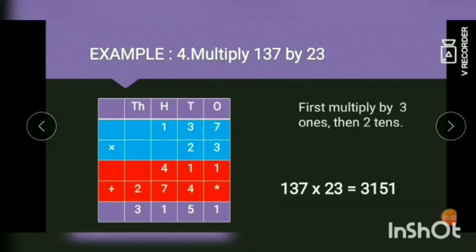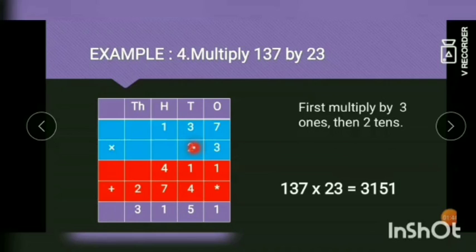Next we multiply the hundreds place value. 3 ones are 3. 3 plus 1 equal to 4. So we finish the ones place value. So we put a star here. Next we start the tens place value. So 2 sevens are 14. So we write the number 4 in the tens place and carry over 1. 2 3s are 6. 6 plus 1 is 7. So we write the number 7 in the hundreds place.